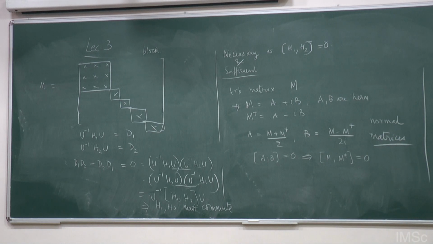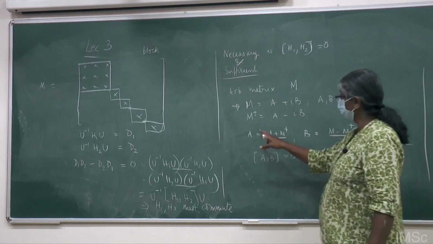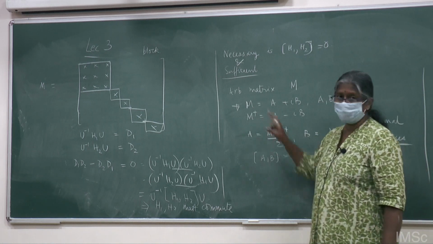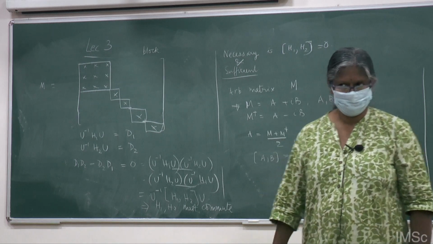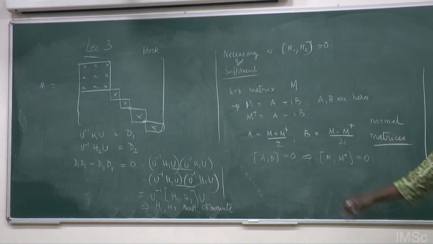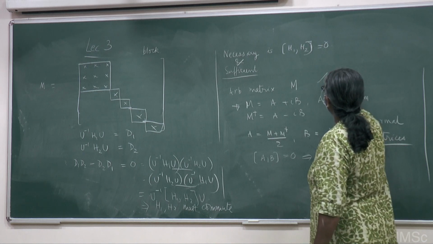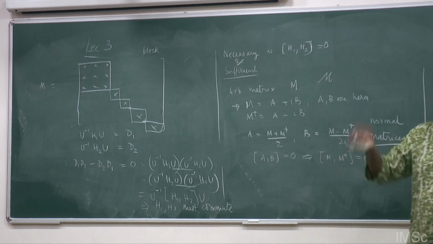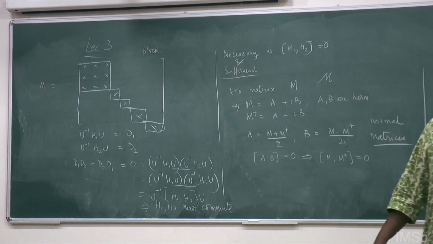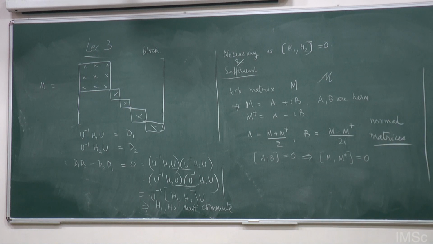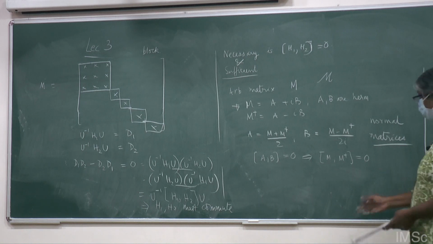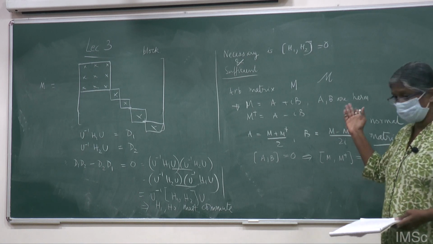Madam, since A and B are commuting, they have the same eigenvectors. So the common eigenvectors of A and B will become the eigenvectors of M. Yes, that is the solution. And M will become a diagonal matrix, and those diagonal elements will be the eigenvalues of M. Absolutely, because it is constructed from A and B. Okay, and in fact, now that we know this fact, you can actually show that